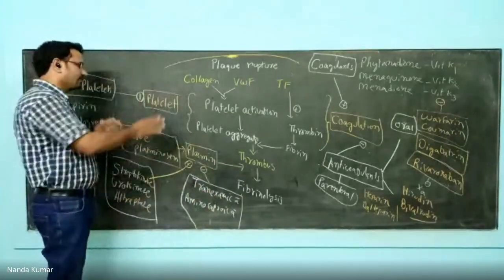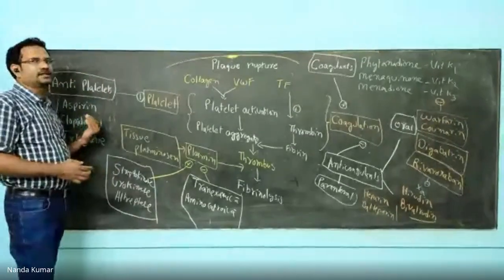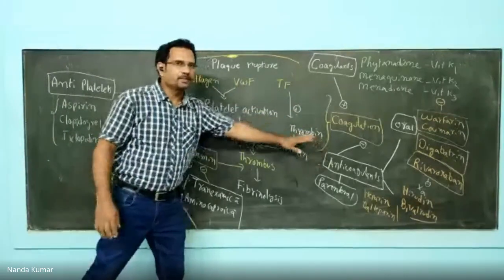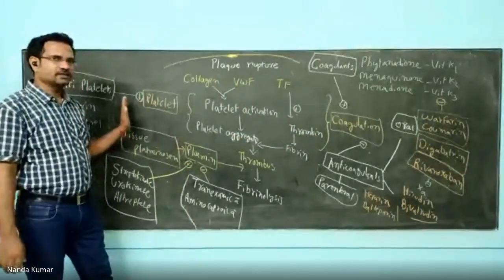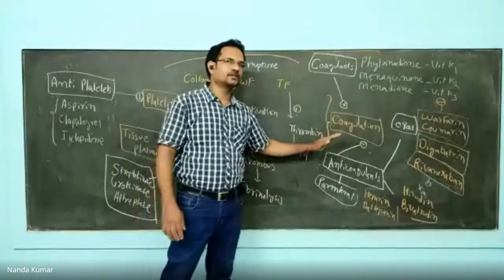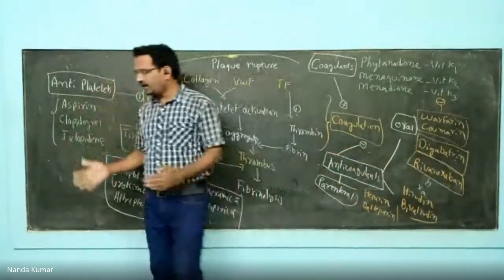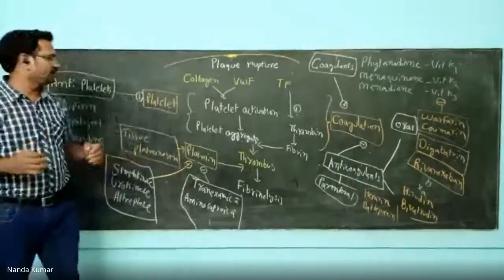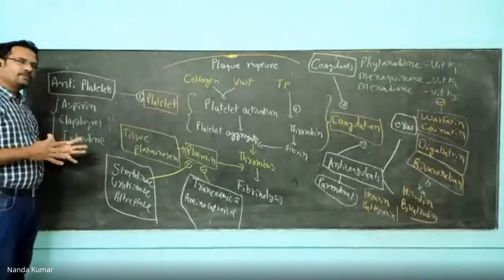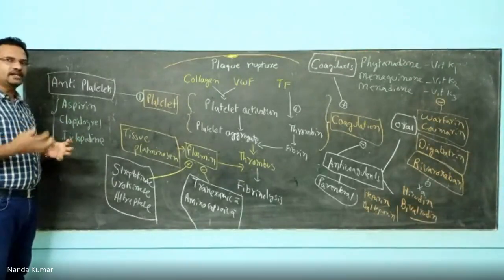Now, the first one, the platelet activation can be inhibited by antiplatelet drugs. Understand the difference between antiplatelets and anticoagulants. Antiplatelets act on platelets. Coagulation process is inhibited by anticoagulants. Two different things, antiplatelets, anticoagulants. Now, in antiplatelets, you have a multitude of drugs. Aspirin, clopidogrel, ticlopidine, all of them will be acting on platelet-secreted molecules. What are they? Thromboxane and ADP.